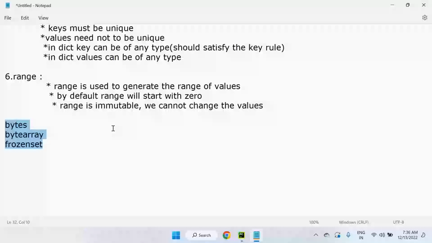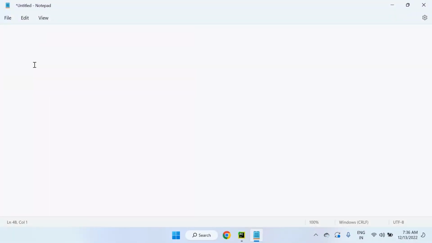Okay. So let's give clarity about each and every data structure whatever we have discussed up to now. Let's see how to create each one, whether it is mutable or immutable. I'll give you a clear picture here. So here I'm taking the data structure, and on the top, how to create it, is it mutable or immutable,